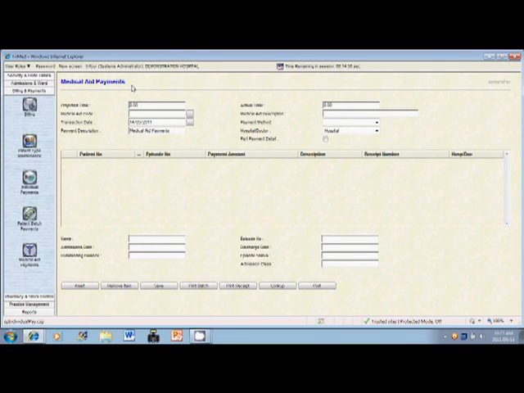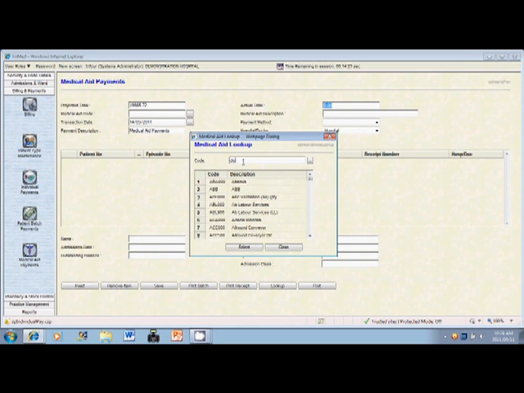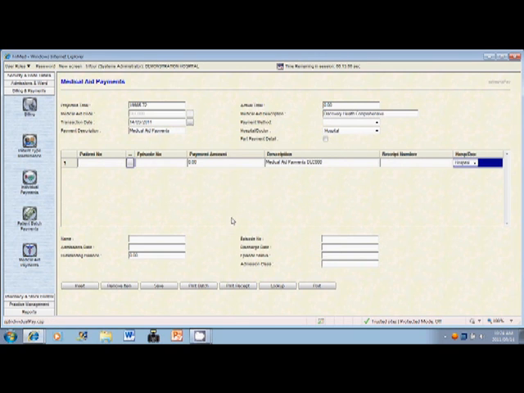Medical aid payments is for the capture of patient accounts paid by the medical funder from a remittance advice. The projected total is the total on the remittance advice and must be captured. The actual total will add up as each transaction is processed. The medical aid code must be selected, searched, and selected. The transaction date will default to real time, and the payment description can be altered according to